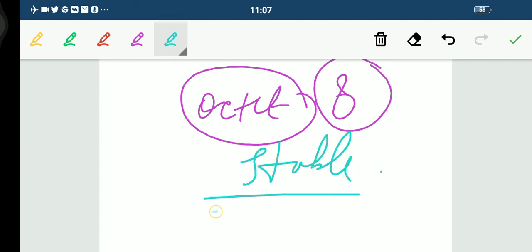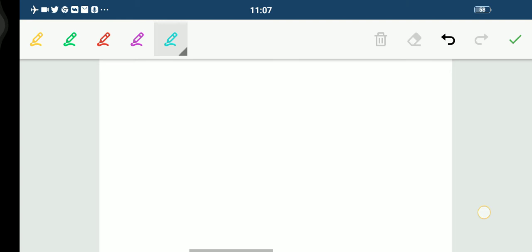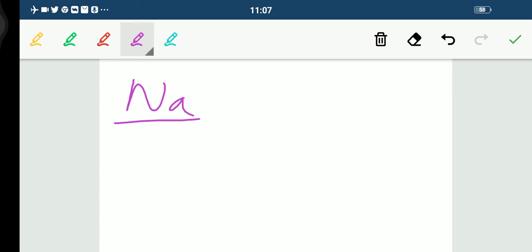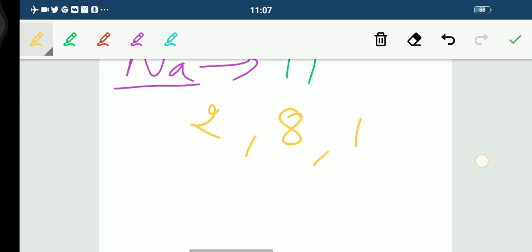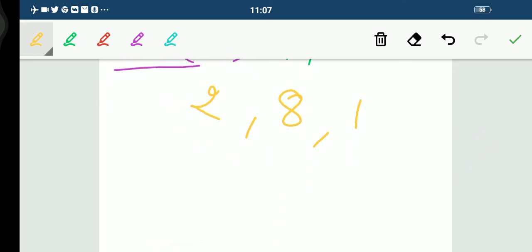This means we can say that it is having a stable configuration. For example, let's just quickly solve the sodium one. You all know the sodium electronic configuration. Let's first discuss its atomic number. What is its atomic number? 11. Fine students. So what would be its electronic configuration? In the first shell 2, then 8 and then 1. This is what the electronic configuration is, in the K, L, M, N shells.